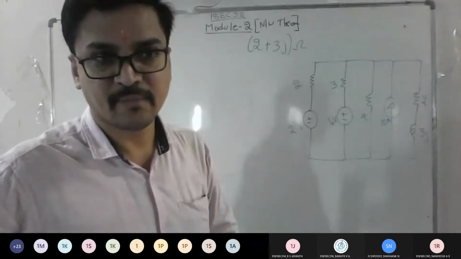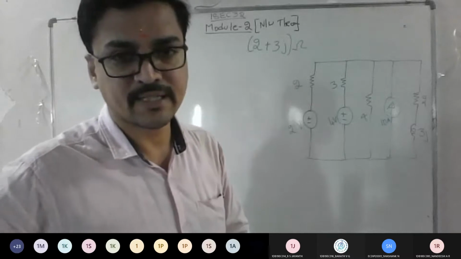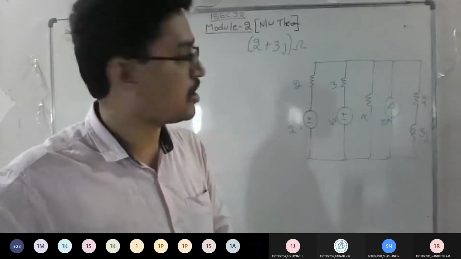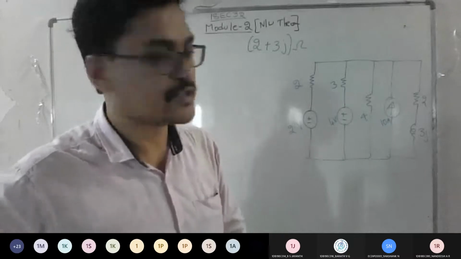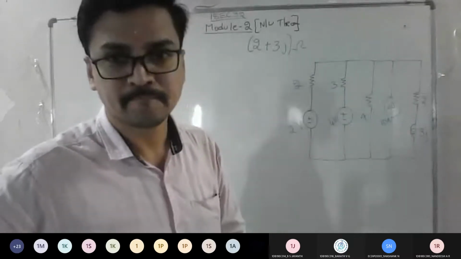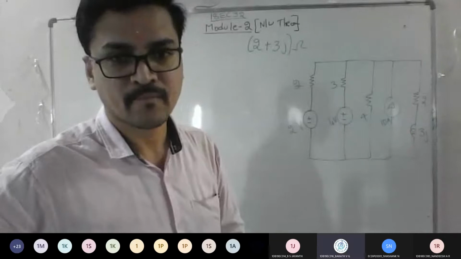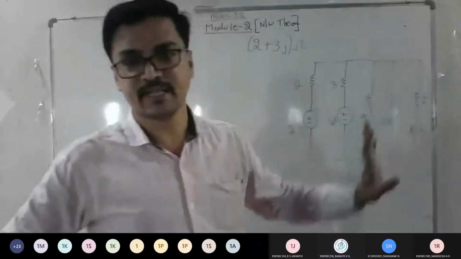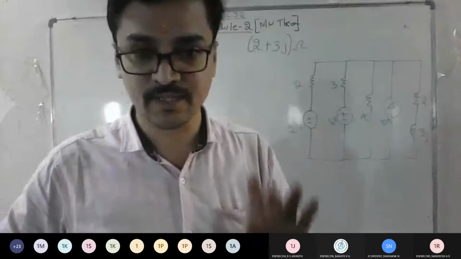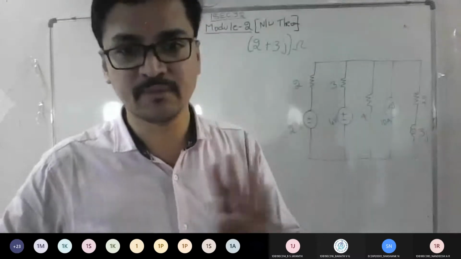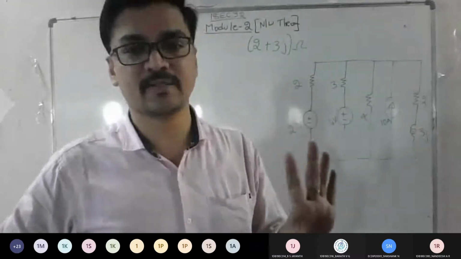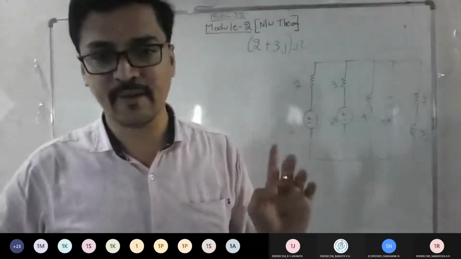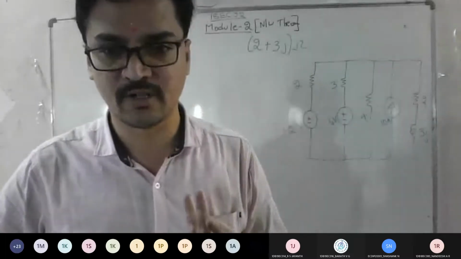So Millman theorem is applicable only for practical voltage sources. So there is one current source that is also called a practical current source. So what should we do here? Convert the current source into a voltage source. Good. Whenever you find such a practical current source, if the question is using Millman theorem, you have to convert it. If it is source transformation, you have to convert the first two to current and solve the problem. The same problem you can solve with two methods.